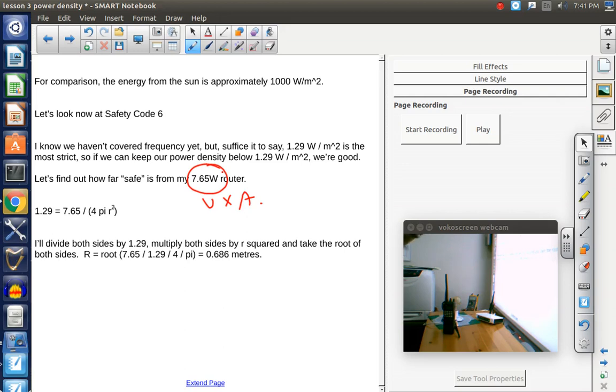So I can use my power. I'm going to put my power in here, and I'm going to put my safety limit, my power density that I'm allowed, here, and I'm going to solve this equation now for R. So this is the surface area of a sphere. We're going to rearrange this. I can divide both sides by 1.29, multiply both sides by 4 and pi, take the root of it all,